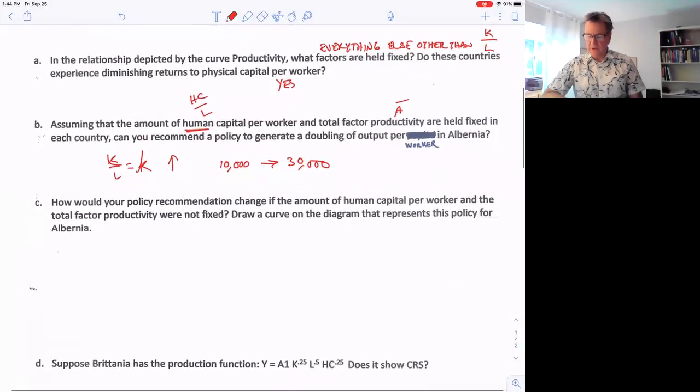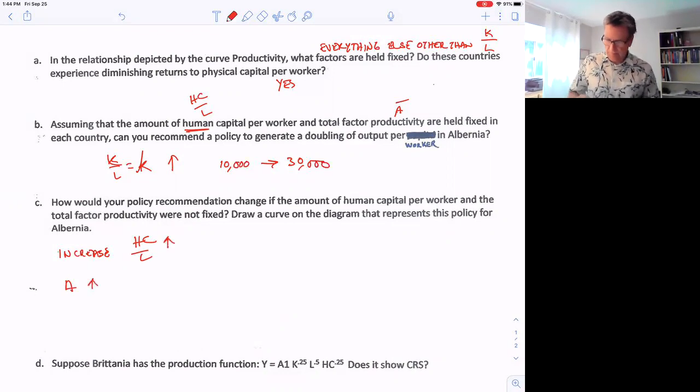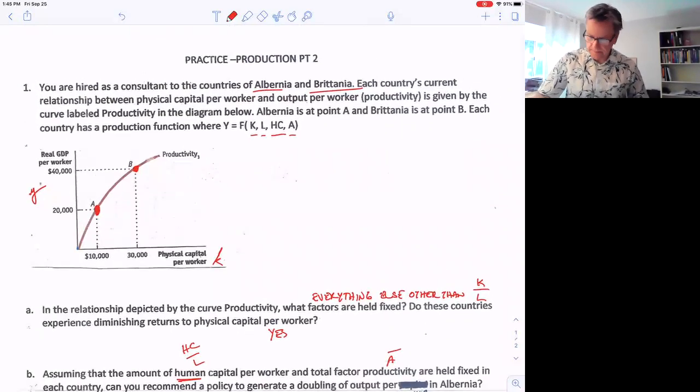Now, in the next question, how would your policy recommendation change if the amount of human capital per worker and total factor productivity, A, were not fixed? Draw a curve on this diagram that represents your policy for Albernia. Okay, so we could increase human capital per worker, so we could increase HC over L, or we could increase A. Any of those would bump up the curve